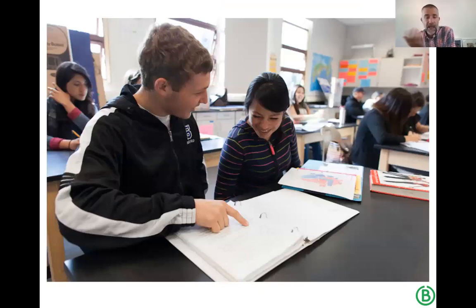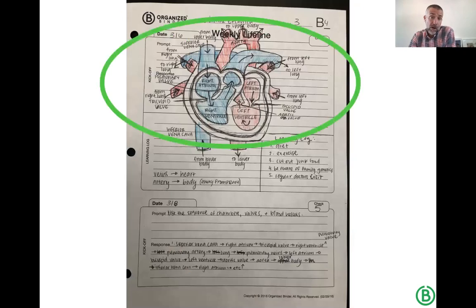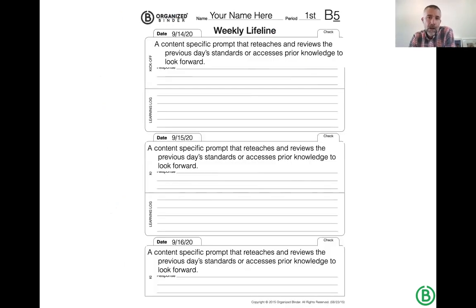These are just some shots from classrooms. It could be pair share. It could be anything the teacher wants to do with it. It is this way to kick off the learning session. Okay. By the way, they don't all have to be written. They could be drawings. We have schools that act them out. I mean, there's all kinds of really creative things that can happen. And I draw your attention to, you can see one down in the bottom right-hand corner, that check box. It has a 5 there.